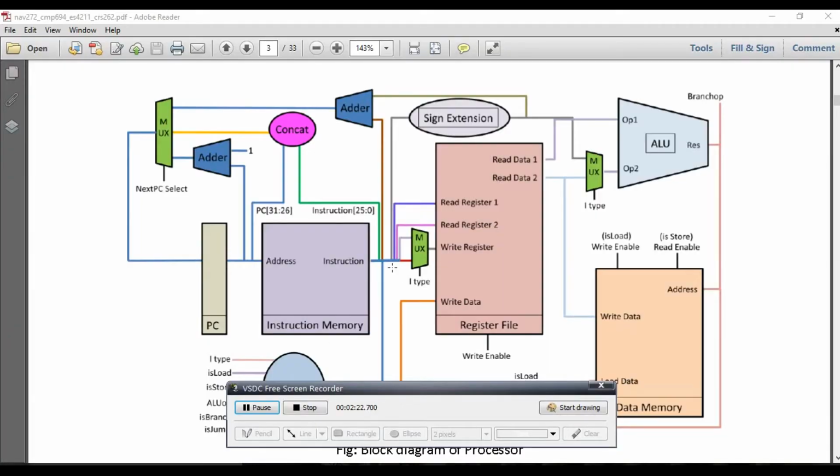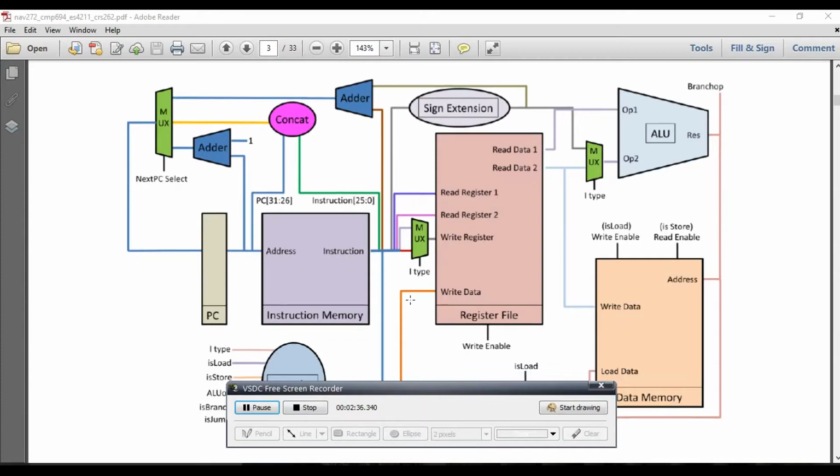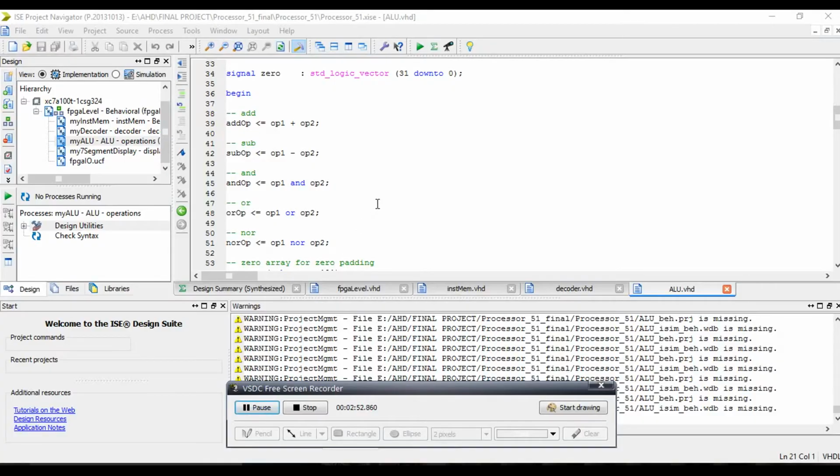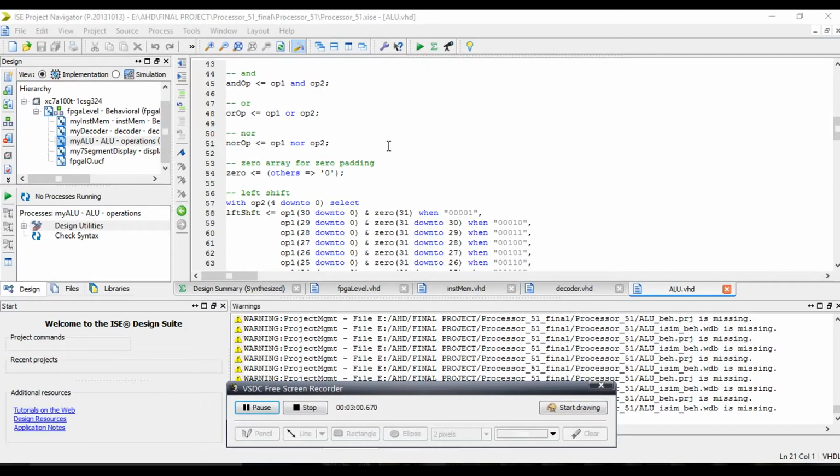The register file takes the input from the instruction in which it specifies what register addresses are to be read and what address we need to write in. So after we identify the read and the write registers, the data is read from the read registers and that is an input to the ALU. So the various operands which are obtained come from the registers or they are the immediate values.